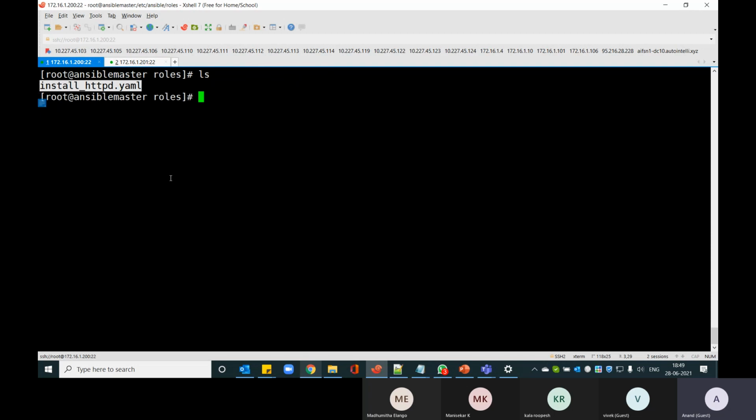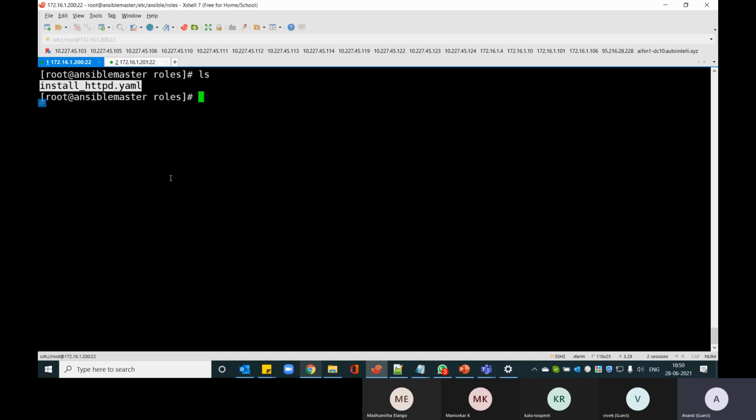YAML is a pretty easy to understand, human readable format, though sometimes it becomes a little tricky, because the only thing that YAML requires from you is the way you indent the different categories. If there are any problems with the indentation, it obviously throws an error and will want you to correct that before you run your playbooks on the targeted system.